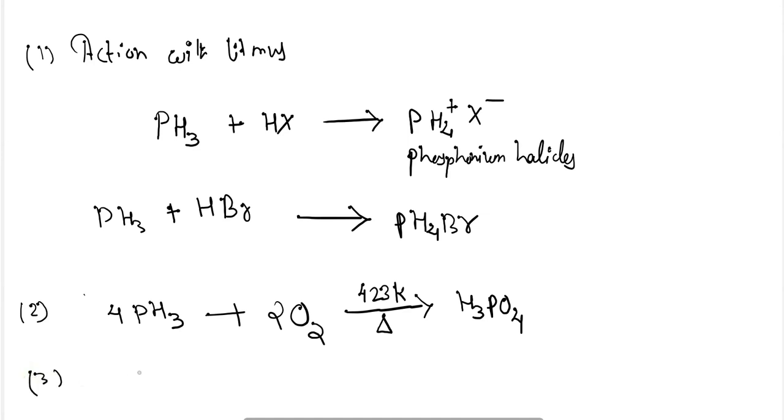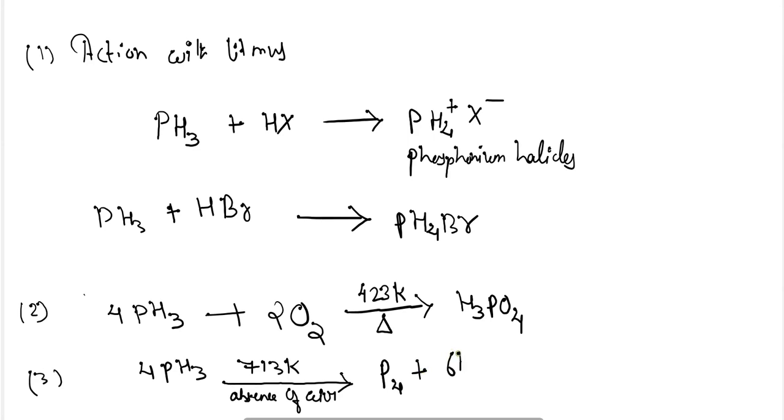Third, it decomposes to tetraphosphorus at 713 Kelvin in the absence of air. In the absence of air, it decomposes to P4 and H2. Okay,